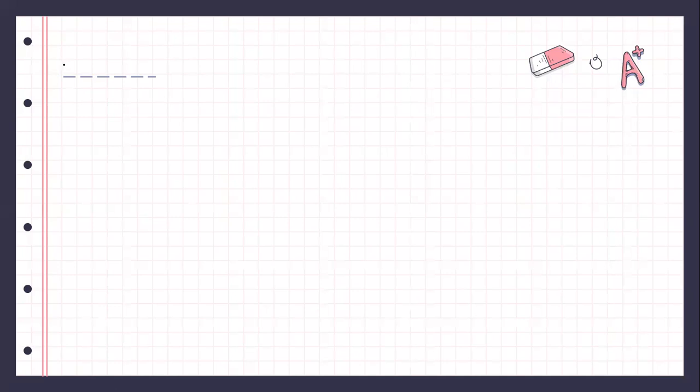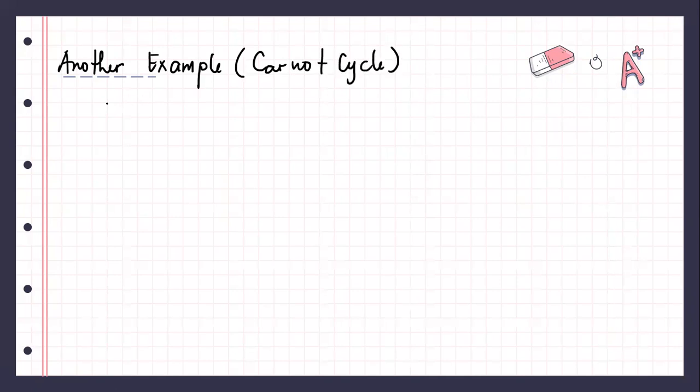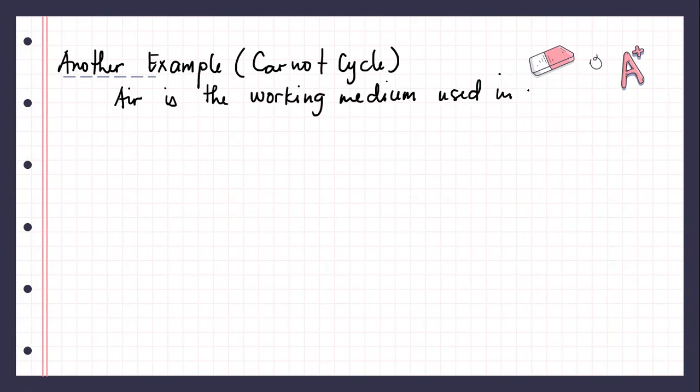Okay. Example number 3. Carnot cycle. Okay, we have air as the working medium used in a Carnot cycle